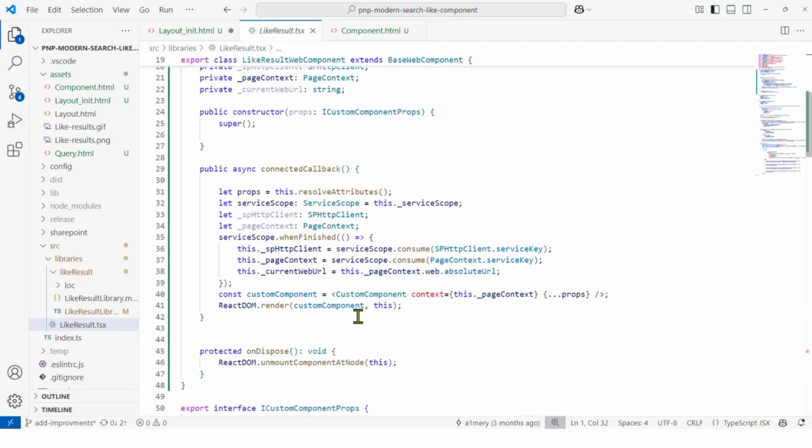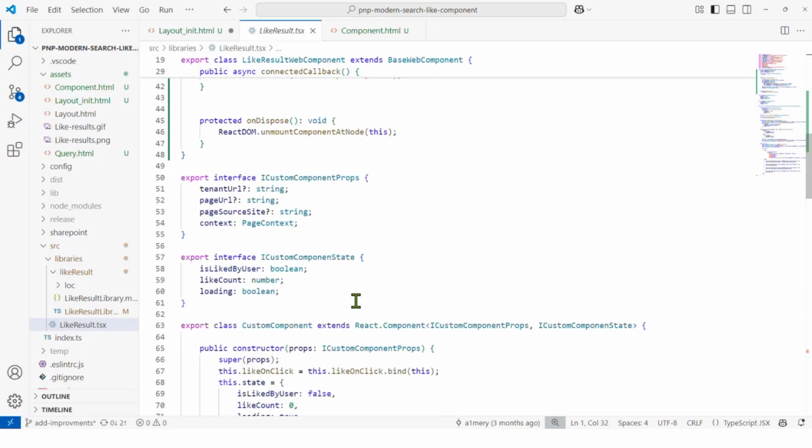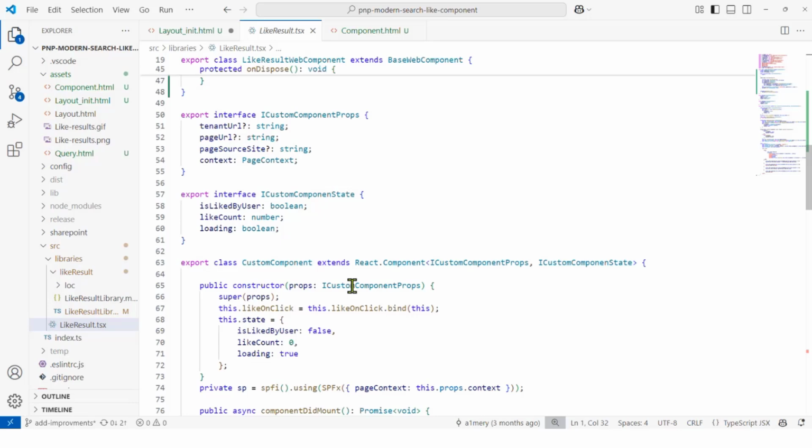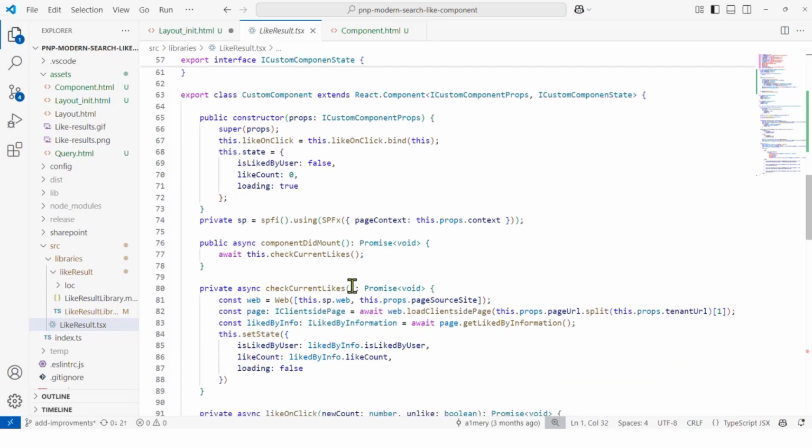And if we move down to the React component itself, it's a pretty simple React component. So basically what I want to do first when loading the search results is to check how many likes there are and who liked the page.